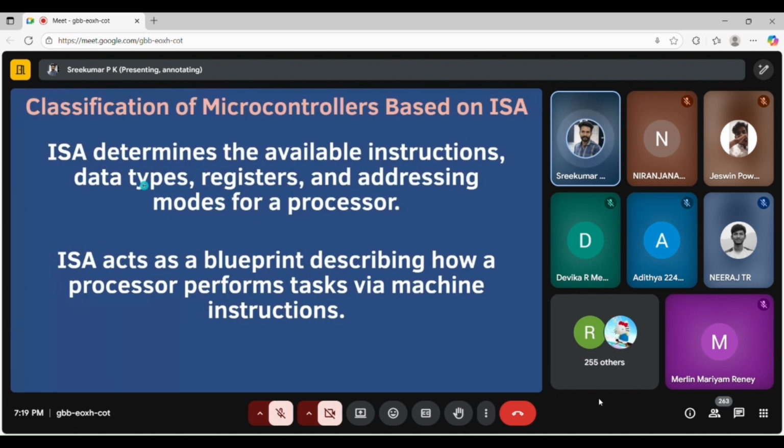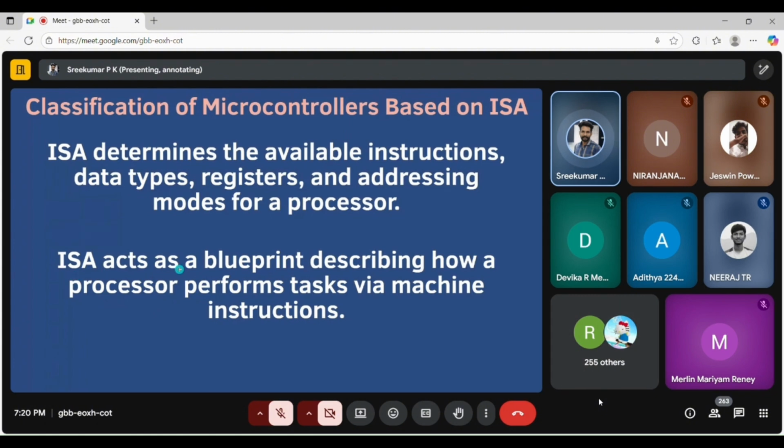Data types means int, float, such kinds of data types. Registers means program counter, R0, R1, accumulator, A and B register, DPTR. So many registers are there. How particular registers and instructions are available is determined by ISA.